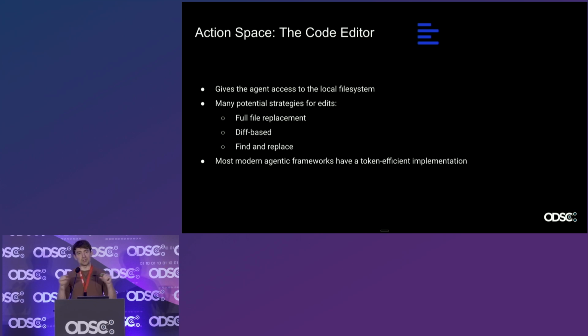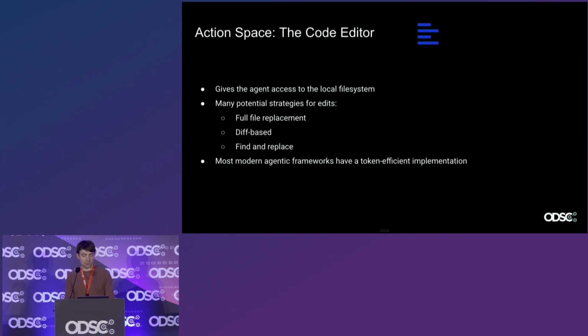You can imagine if you're just changing one line in a file that's thousands of lines of code, you don't want the LLM to have to output that entire file. It gets very expensive, it gets very slow, and it's also not super accurate. The LLM might make a mistake on line 502. It might change your tabs to spaces or something like that.